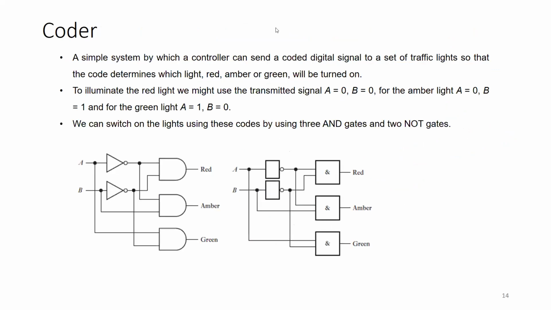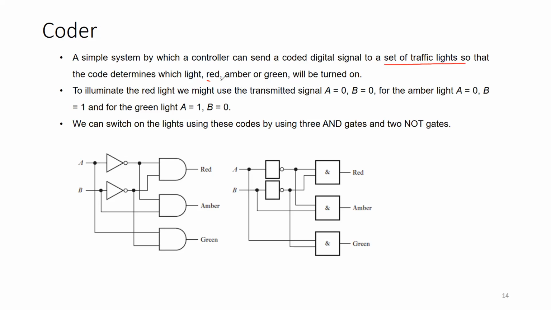The next is the coder. Coder is used for coding, or for making some rules and regulations for certain things to happen. Coding is giving or designing some algorithm, some set of rules, for implementing some processes or letting some things happen. Okay, so here we have taken a simple example of a set of traffic lights which can give